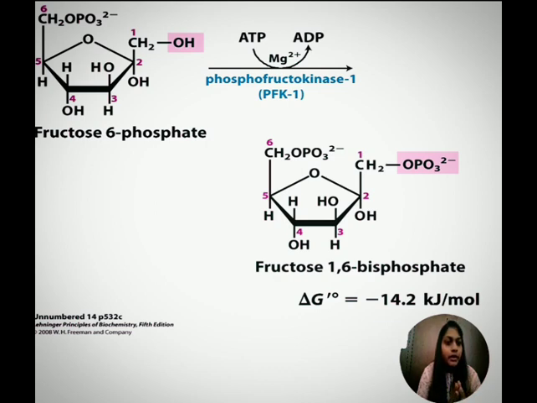Here the phosphoryl group is borrowed from ATP, itself getting converted to ADP, and the donated phosphate group is attached at fructose carbon 1, right? And this is again an irreversible step of the glycolytic pathway, and it's a very important committed step of glycolysis, right? The first step is irreversible, the second is reversible, and again the third step is irreversible. Next,